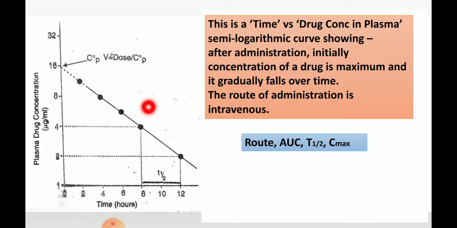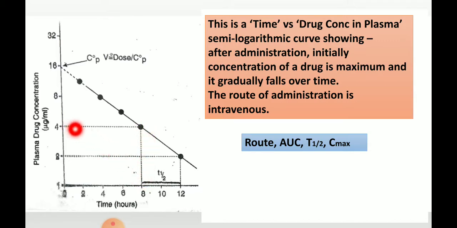Now, you just see initially the concentration of the drug is at the maximum level, that means at the level of around in between 8 and 10, that is around 9 microgram per ml, and the T half is around, it is between 12 minus 8, it is around 4 hours. How will you determine? You draw a line from 4 to this oblique line. It will cut at this point, and from there you draw a perpendicular line. It is cutting at the level of 8.